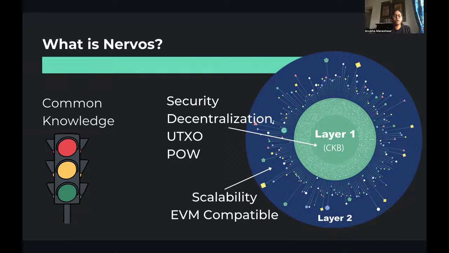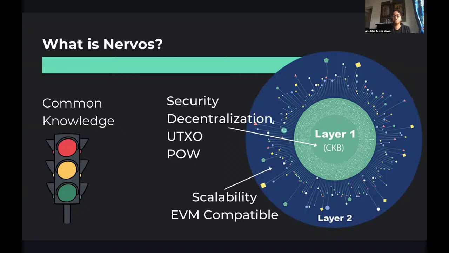Now, if you want to understand Nervos, I would say it has the features of both Ethereum and Bitcoin. Nervos is layer one, a proof of work UTXO based blockchain. The UTXO model is utilized by Bitcoin as well. So it is UTXO based, and then it also allows you to hold assets and have smart contracts and all the technical developments as well. So it allows you to incorporate Turing complete smart contracts. So the layer one is more towards security, decentralization, and providing that solid UTXO foundation.